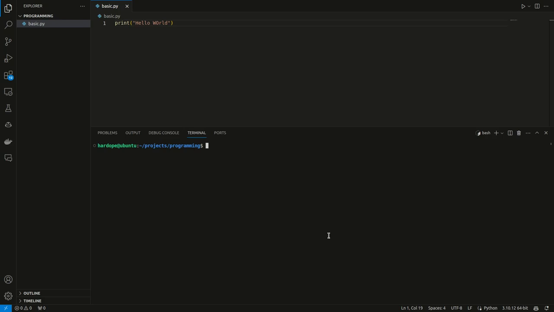Now to run your Python code, you need to have installed a Python interpreter. There are two types of programming languages. Some programming languages are interpreted, and when you run them, they are changed into binary code. I explained earlier that computers don't understand human language. What I didn't let you know is that computers actually don't understand programming languages, really. Before your computer can understand your code in any language, it needs to be converted into binary code, zeros and ones. That's the language that computers really understand.